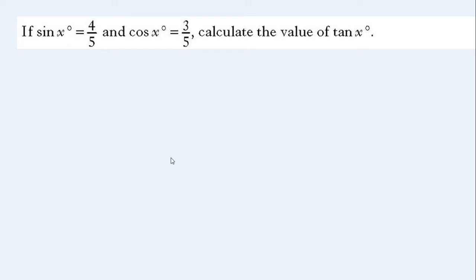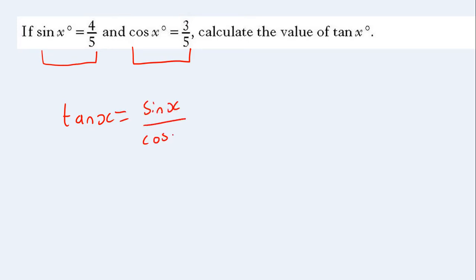Okay, so this is a slightly different way to ask the question. You've been told what sine x is and what cos x is, and you've been asked to find tan x. So again, we're going to write tan x is equal to sine x over cos x. Okay, it's pretty obvious which identity we need to use, because we clearly just need to use tan, because that's what we've been asked to find. And again, sine x over cos x just means sine x divided by cos x, doesn't it? That's the same idea. So if I replace sine x with 4/5